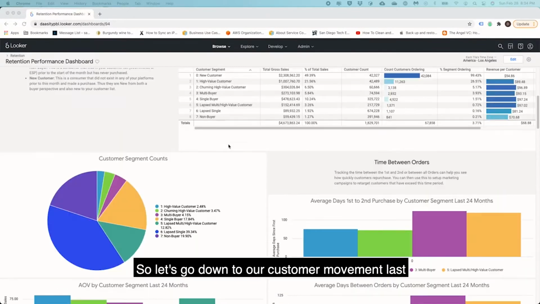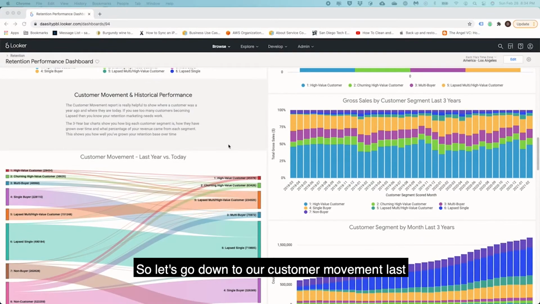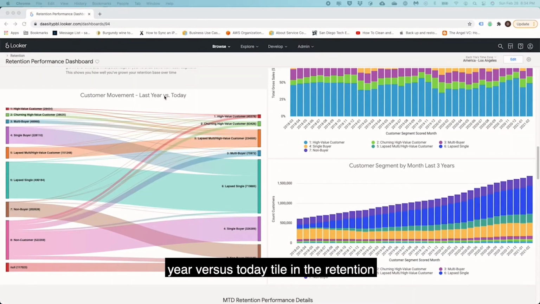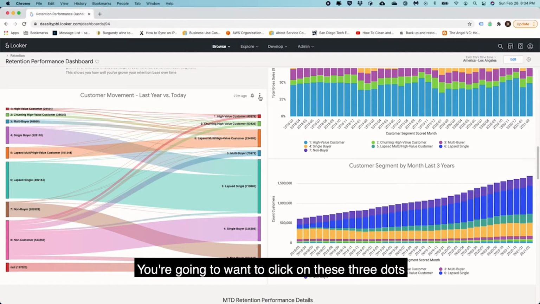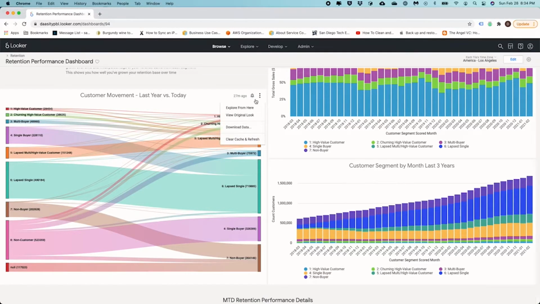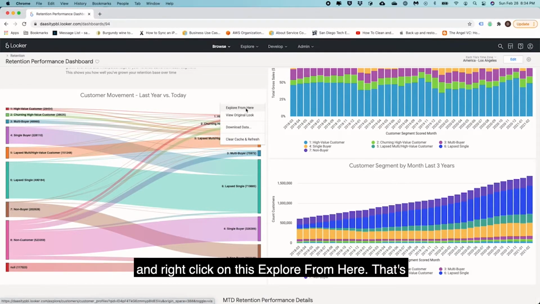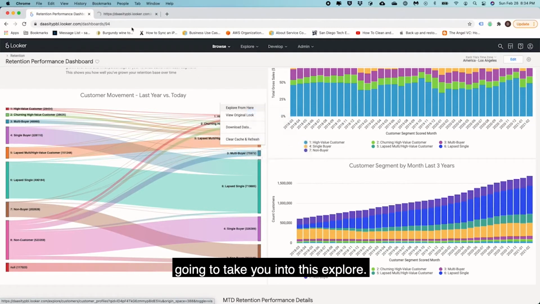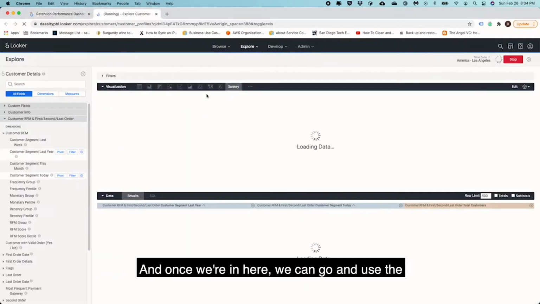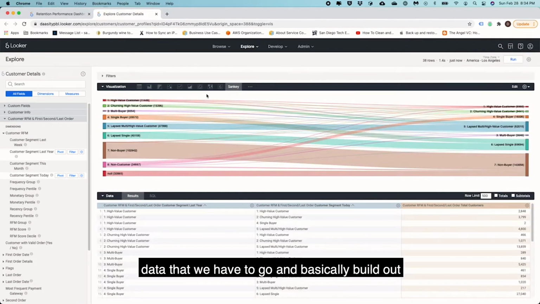So let's go down to our customer movement last year versus today tile in the retention performance dashboard. You're going to want to click on these three dots and right click on this Explore from here. That's going to take you into this Explore. And once we're in here, we can use the data that we have to basically build